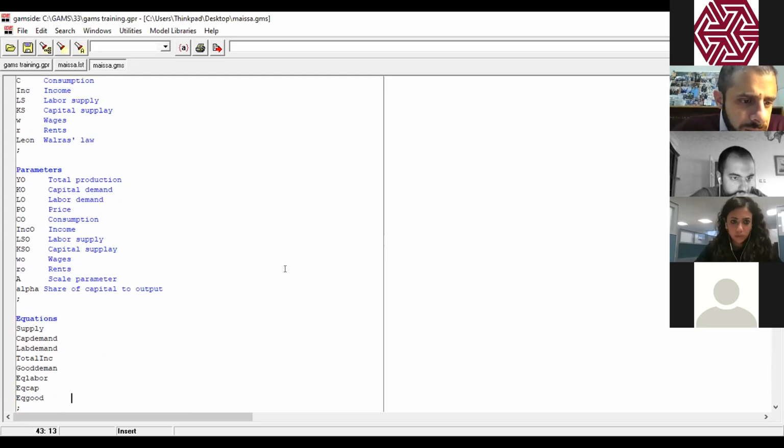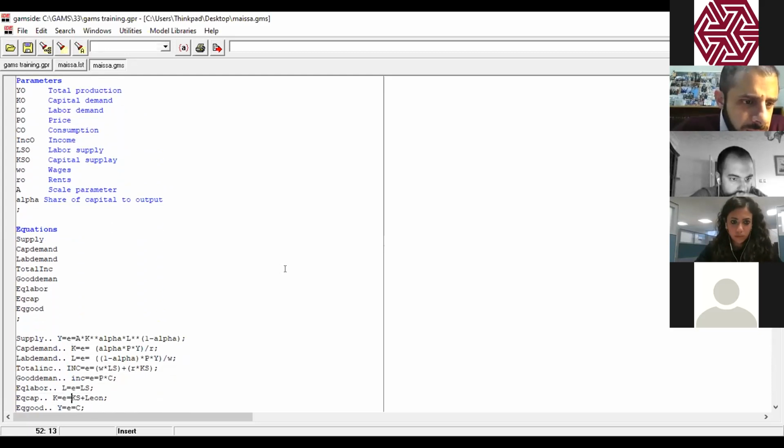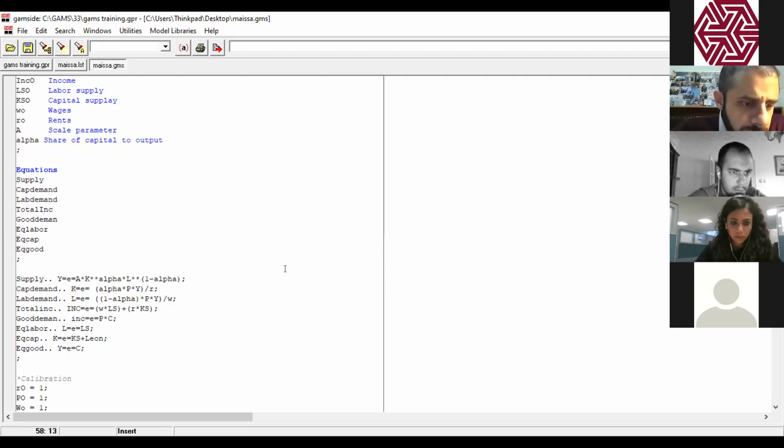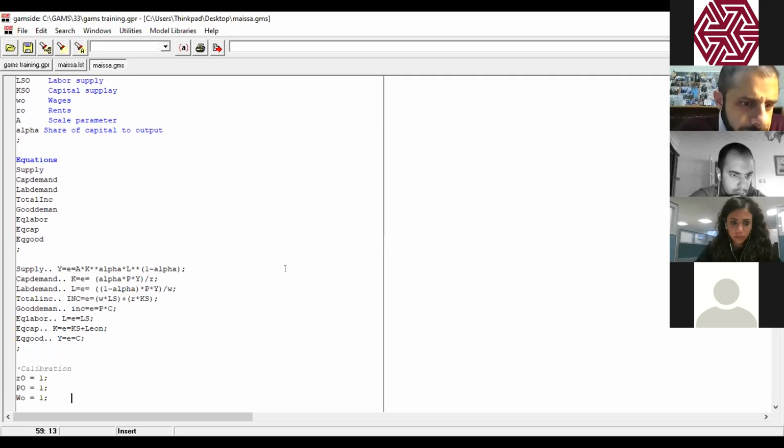Down, down again. So supply Y is equal to A K alpha L 1 minus alpha. K is equal to alpha multiplied by P multiplied by Y divided by R. L 1 minus alpha P, okay. Income W LS plus R KS. Income is equal to E multiplied by PC. Labor supply, capital supply and capital demand. Okay.